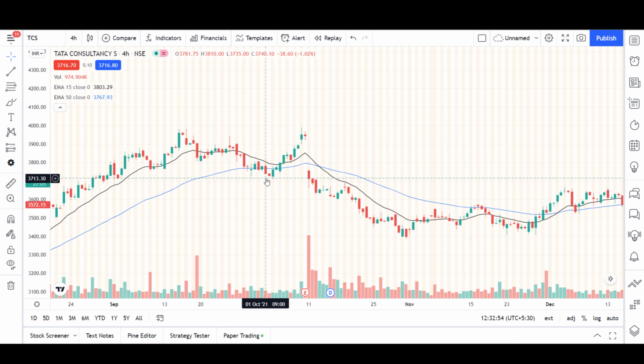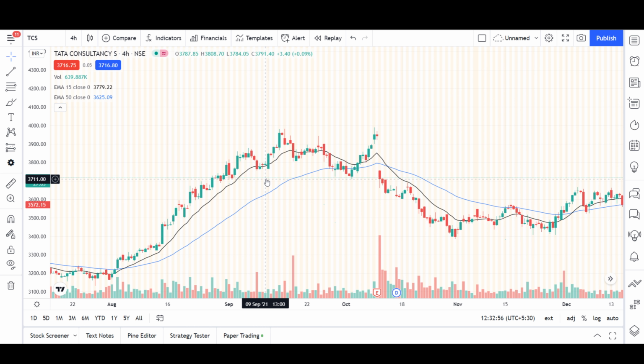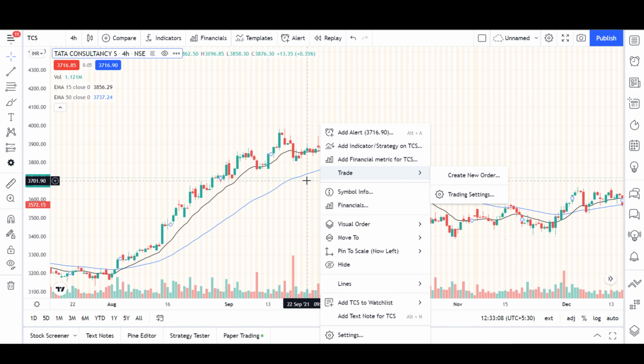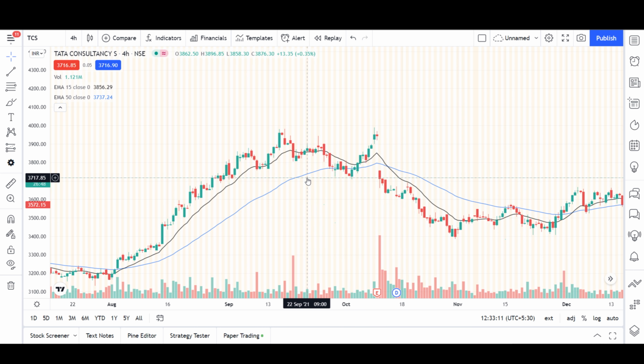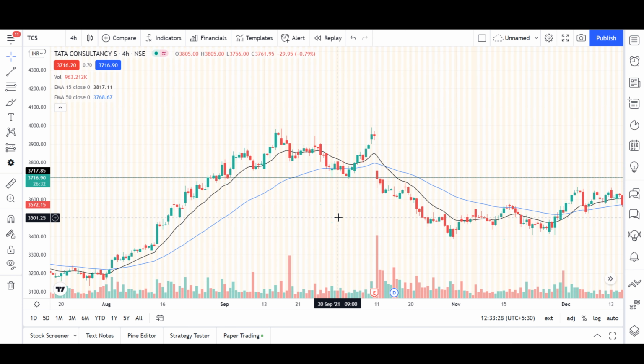And of course, we can use support and resistance, as we can see right here, that the stock was taking a support right here. The stock is at a support price. So we can also use support and resistance in this strategy. And when the stock is breaking below the 50 EMA, we might not exit here, because this is a support price for the stock. So we have to keep in mind all of these things.